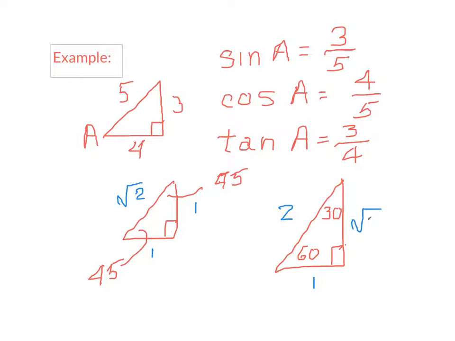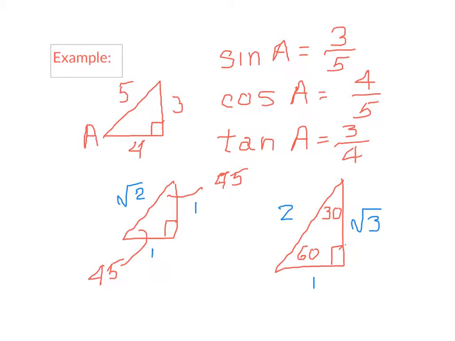And again, if you use your Pythagorean relationship, you can see that these values are correct. So for a 30, 60, 90 right triangle, the sides are in the ratio of 1 to the square root of 3 to 2, where 1, the shortest side, is opposite the 30-degree angle, 2, which is twice the length of the shortest side, is the hypotenuse, and the other leg is equal to the shortest side times the square